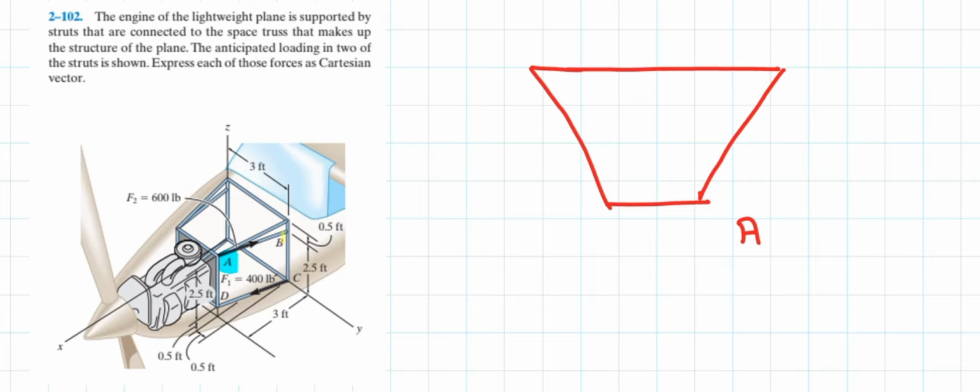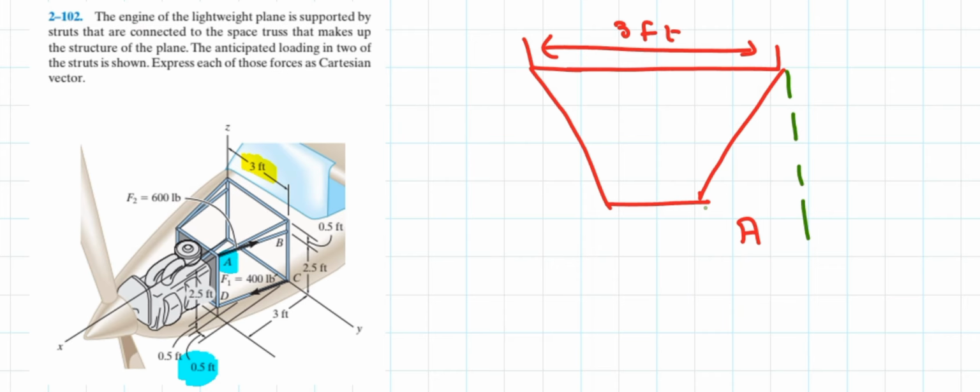If you see the question diagram, this distance right here is basically 3 foot. Similarly, this distance right here is basically 0.5 foot. Just look at the bottom of the screen. So if I subtract 0.5 foot from 3 foot, we get 2.5 foot, and 2.5 foot is basically the y value present in point A. It is a positive y value because it is indicated towards the right hand side.